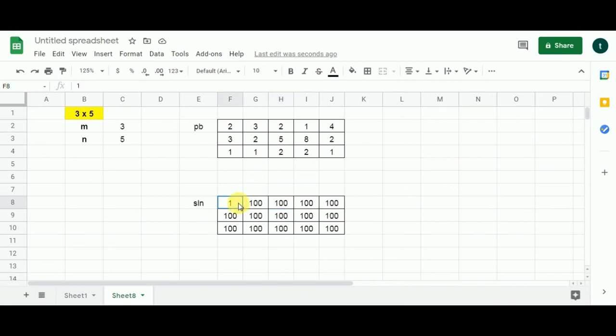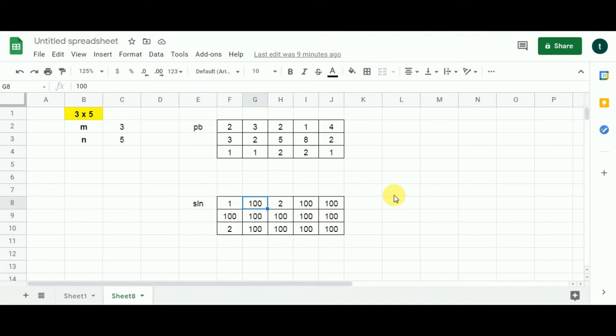1 plus 1 will give me 2 and we will compare it against the value already present here, which is 100. Since the value 2 is less than 100, hence we'll populate 2. We'll populate 2 over here too because it is less than 100. You may be wondering why I added 1 to this value over here. It is because adding 1 denotes that you will have to pass one more cell in your path to the destination. With this strategy, let's move to the second cell.